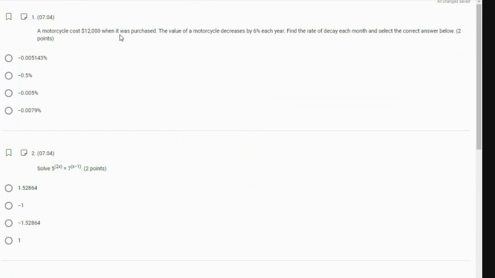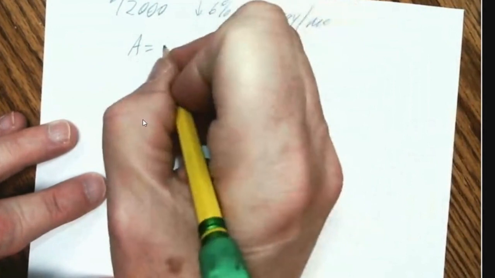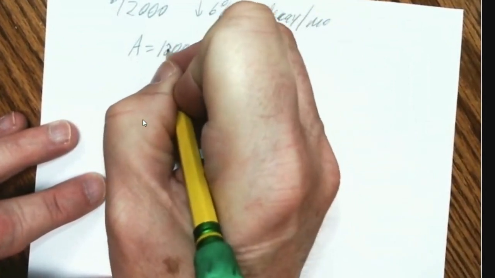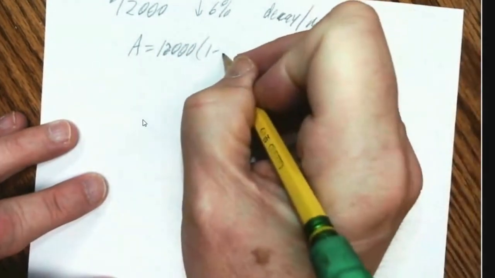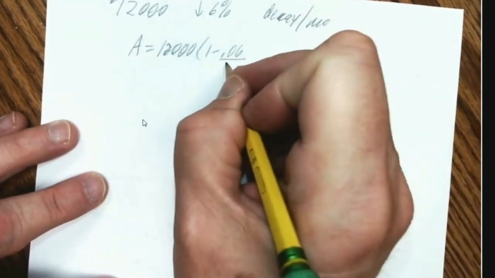So you've got $12,000 that decreases 6% per year, and they want to know decay per month. Select the correct answer. How much is it decaying per month? It's like, oh, that's a good question. So if it's 12,000, the amount equals starts at 12,000. It's decay, so it's 1 minus 0.06 for 6%. And they want to know per month. So we would divide it by 12